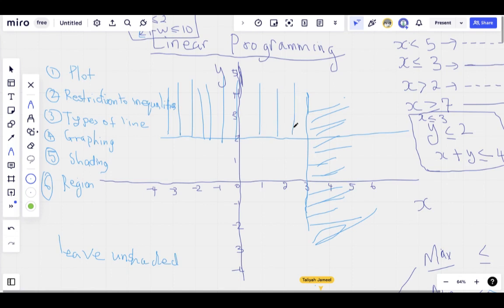But because they say we should leave unshaded the region where y is less than or equal to 2, the top of the line is where y is greater than 2, but the correct part is where y is less than 2. They say don't shade that part, so I leave it unshaded. I don't shade it. The third inequality that needs to be graphed is